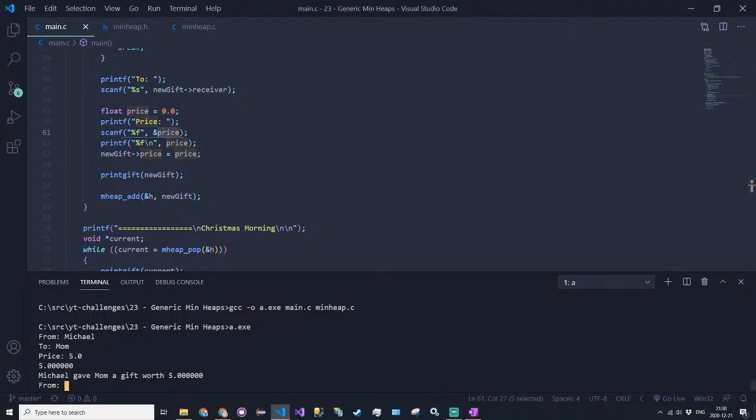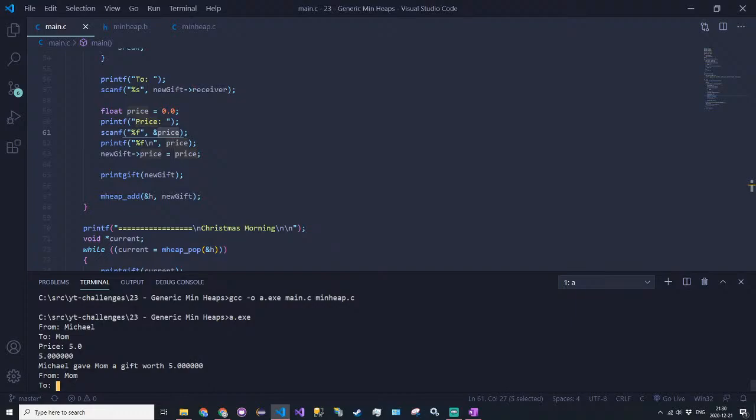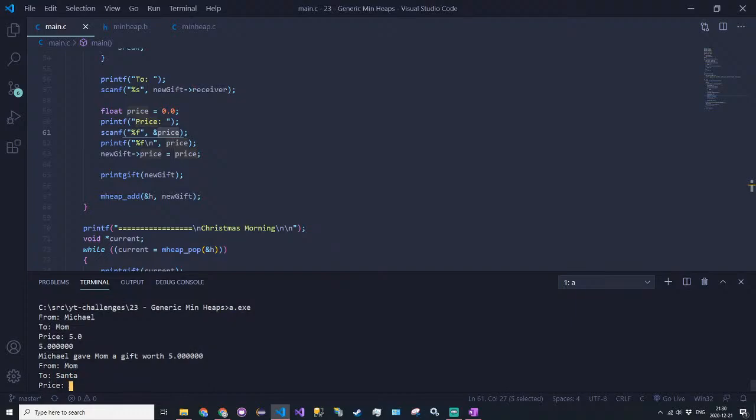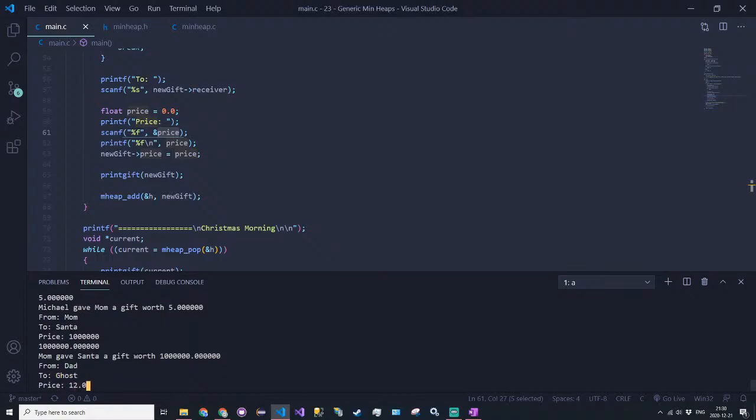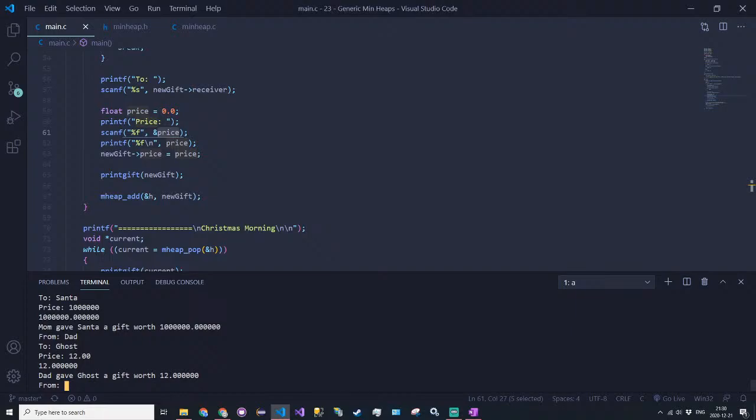Alright, so Michael gives mom a gift worth $5. Then mom to Santa. Should be the other way around, but you know what? Maybe we're feeling generous. And you know what? The value here is actually $1 million because it's just cookies. And cookies are amazing. So mom gave Santa a gift worth $1 million. Then we'll say dad to the ghost gives it worth $12. And then maybe Saint Nick, not to be confused with Father Christmas, to